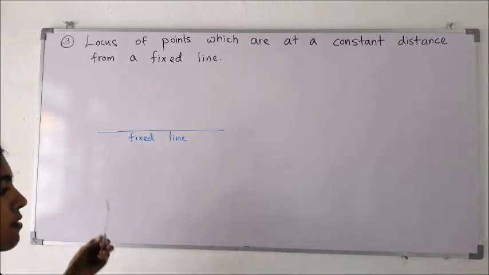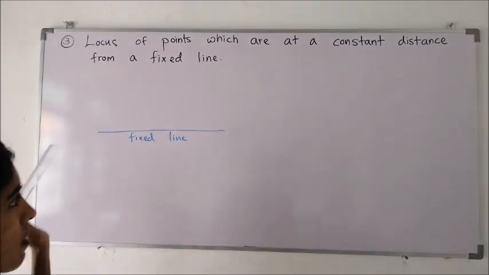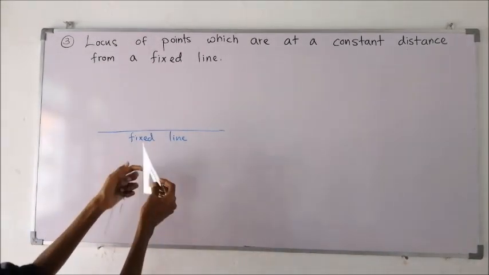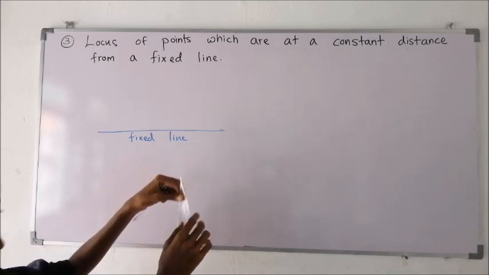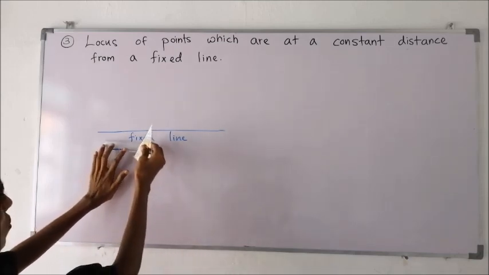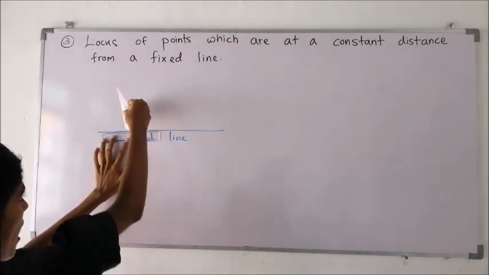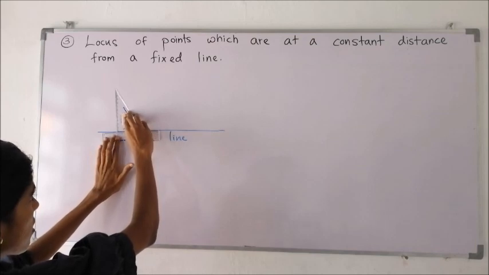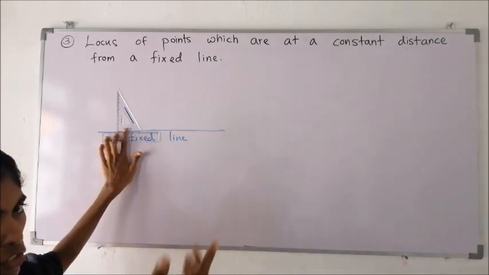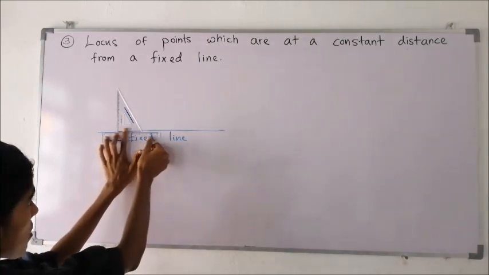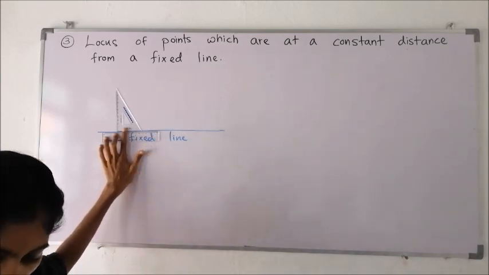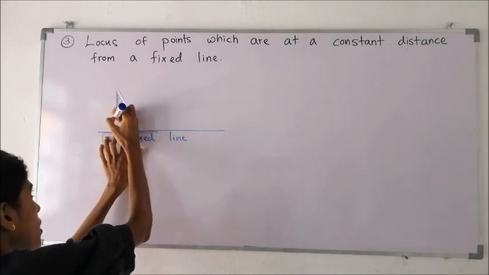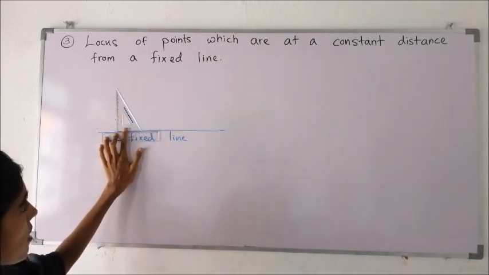Children, to this given fixed line, we will learn how to construct 2 parallel lines from either side. Firstly, get a straight edge and a set square. Okay, in the set square we can see a right angle is there. So after keeping the ruler on the fixed line, keep the set square also as if to touch the right angle. Okay, then just imagine 3 centimeters away from the fixed line. So you can mark 3 centimeters from point to point. Now I mark 3 centimeters.